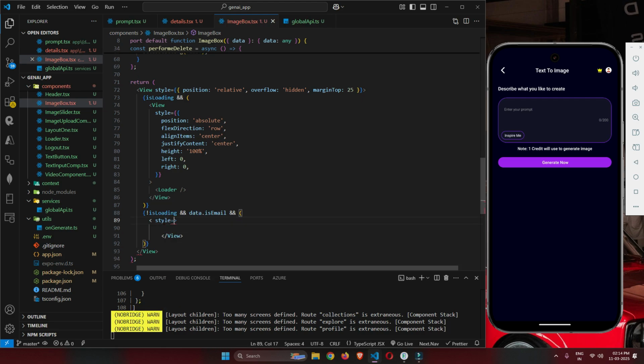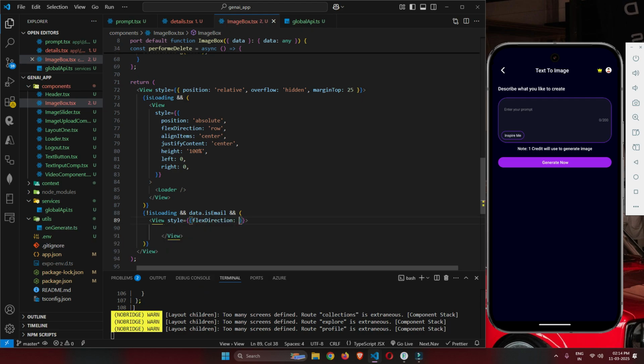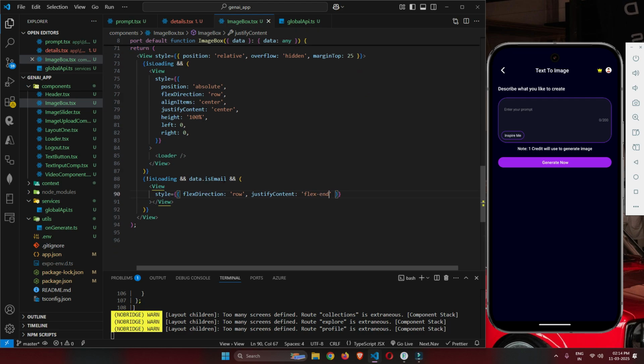Style, see what's happening. Style, and it's also an inline style, and say flex direction is row, and justify content flex end. All right, so